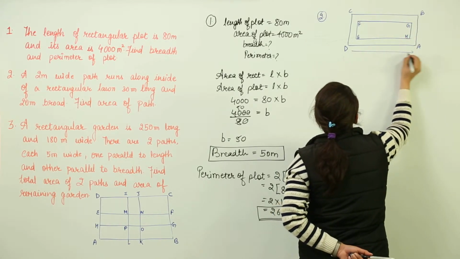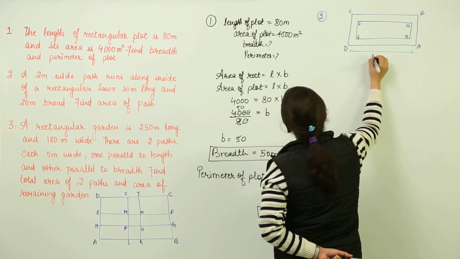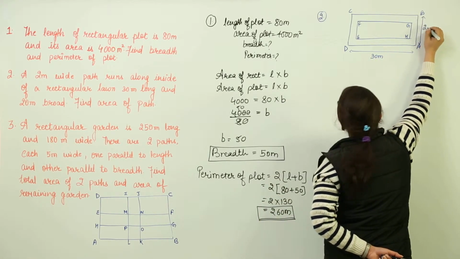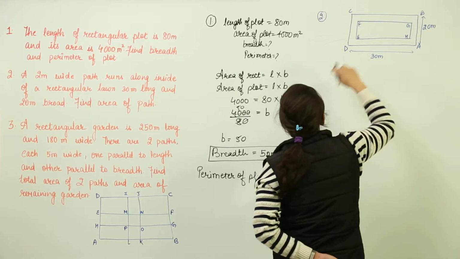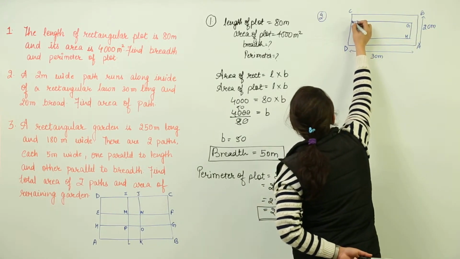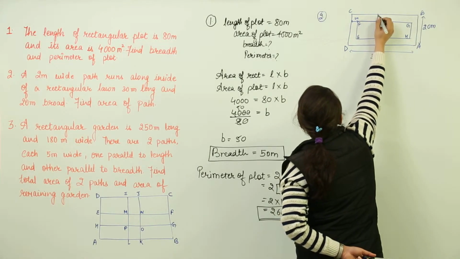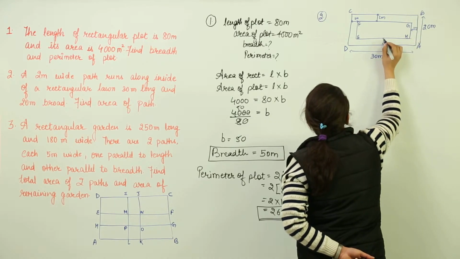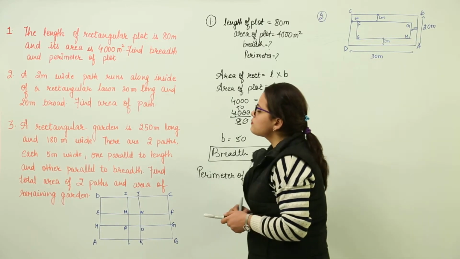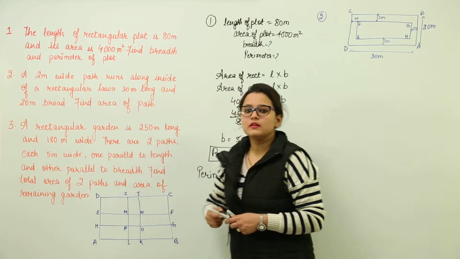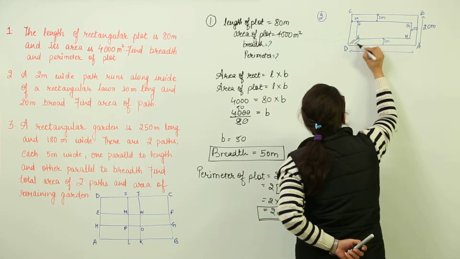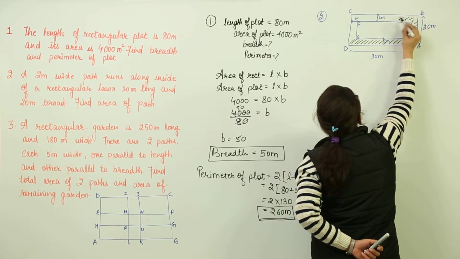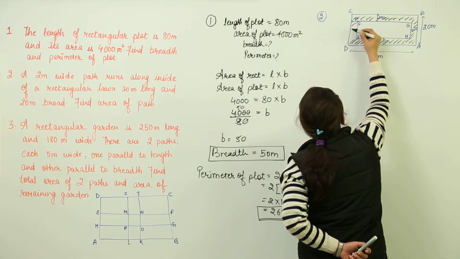Let us give the measurements also. The length of the lawn has been given to us as 30 meters, and the breadth has been given to us as 20 meters. And what is the width of the path given? That is given to us as 2 meters respectively. So we'll mention the 2 meters length across each path. Now what are we supposed to find? We are supposed to find the area of path. Now here the area is represented with the portion that I am shading, right? The shaded portion here is representing the area that we are supposed to find out.